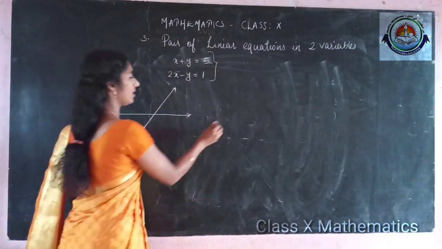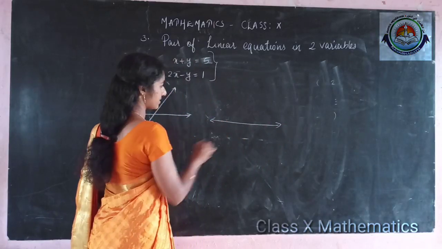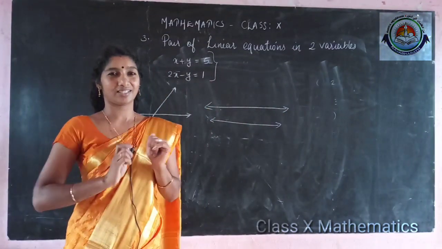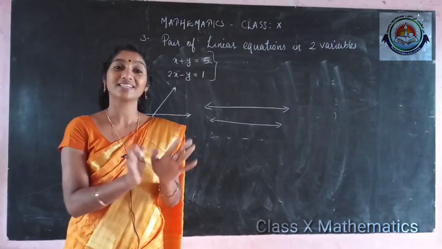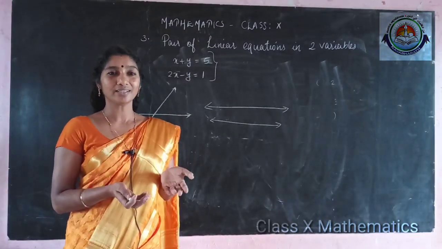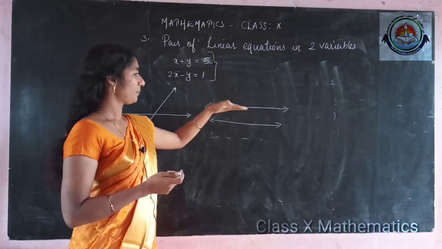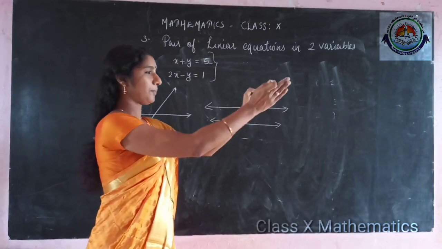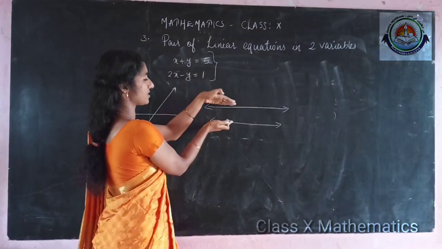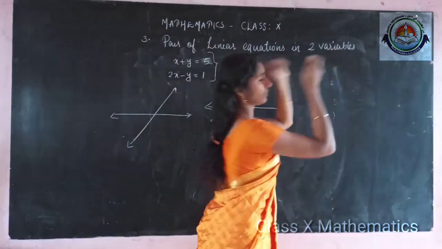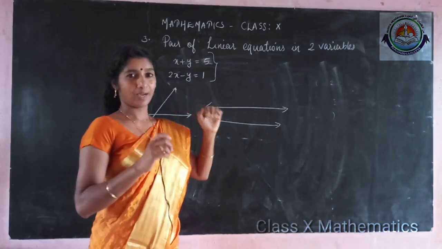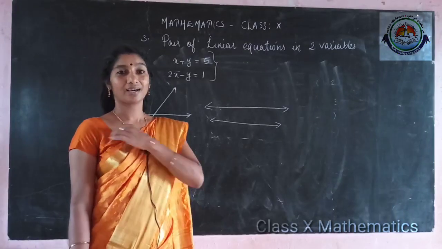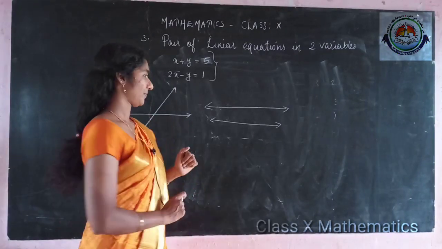Another one, a straight line keeping like this and the second straight line keeping like this. They will not touch each other, they will not cross each other, they will not intersect each other. How are they going then? They are going parallel. They are two lines. Up to infinity they will keep the same distance. This distance will be the same everywhere. Up to infinity it's going to that side and to this side. They are called parallel lines.